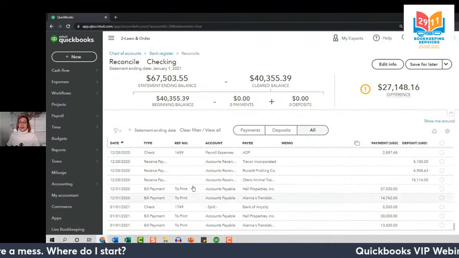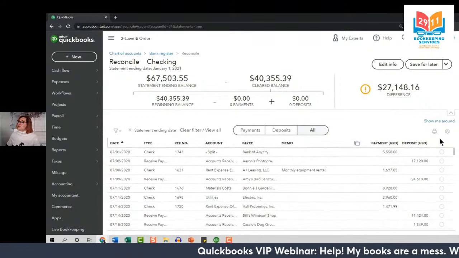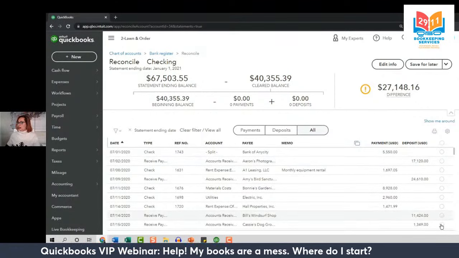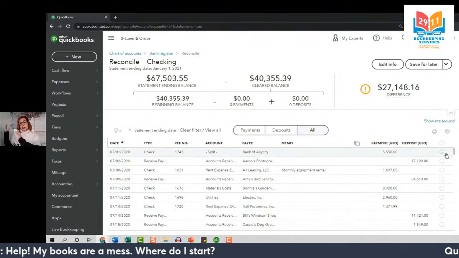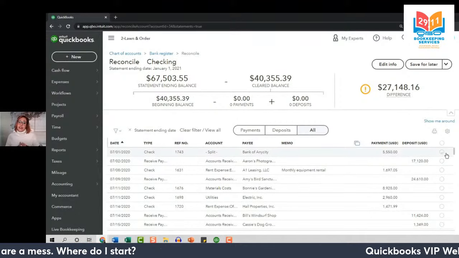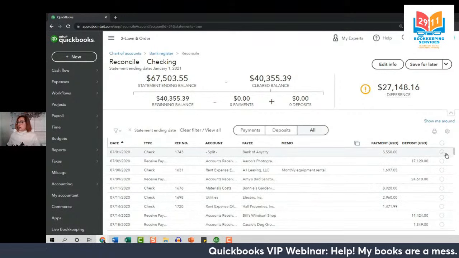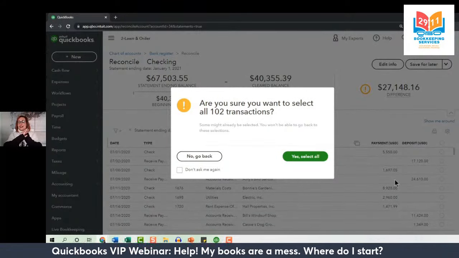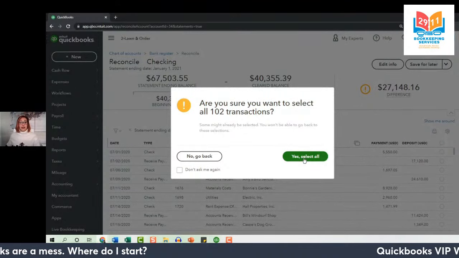And that is good. And the next thing we want to take a look at here is, do you see this small circle here on the right-hand side of our screen above all of the other individual circles? Our job here is to clear out all of those old transactions without making a change in the prior fiscal year. So I'm going to select this circle and select all transactions at once that appear here. QuickBooks is going to say, hey, are you sure you want to do this? I'm going to select yes.